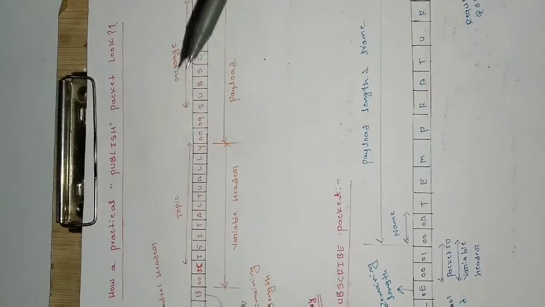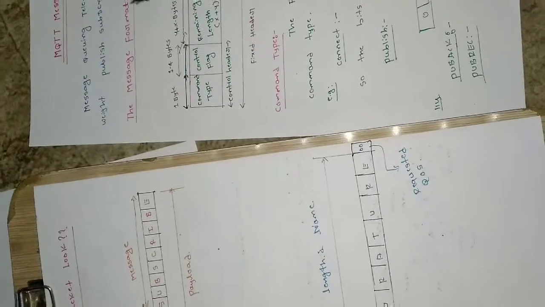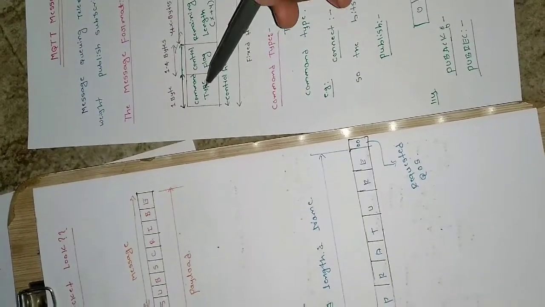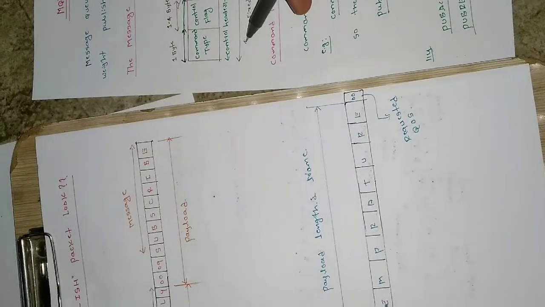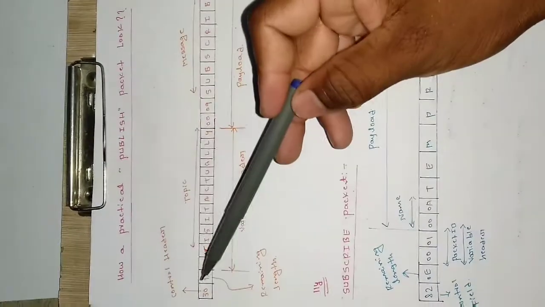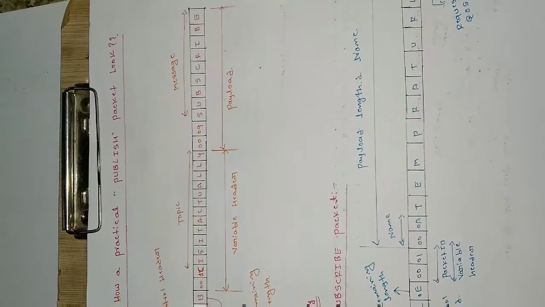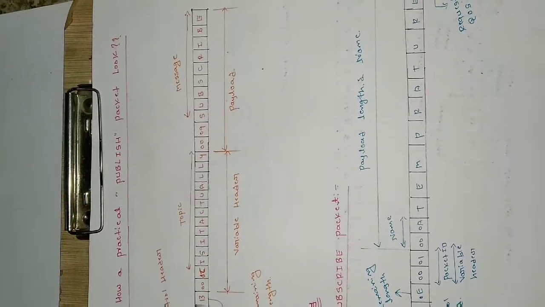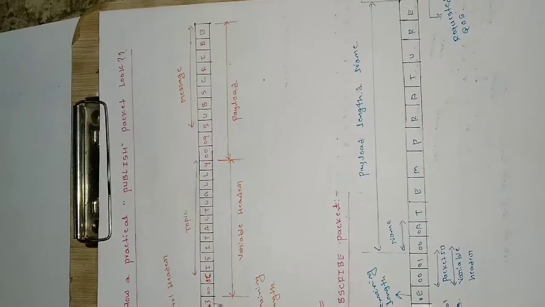So first, what will it be containing? Control header. So control header is this one. Control header contains command type and control flag. Its value is 30. So command type is 3 here and control flag is 0. Put all together in 1 byte, it becomes 30. So 3 indicates the command publish and 0 indicates the control flag, that is reserved; for publish it is